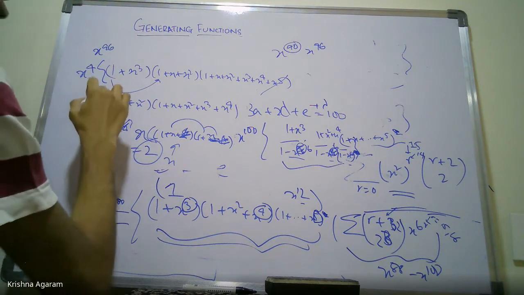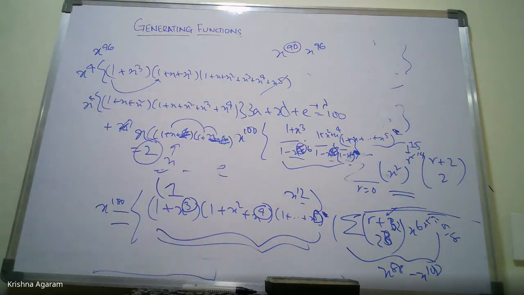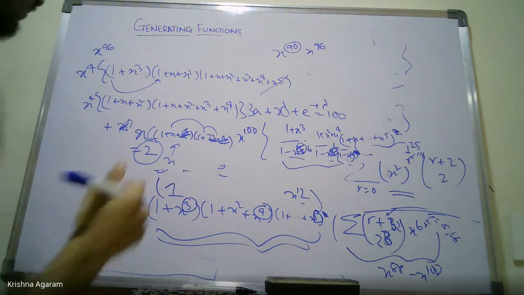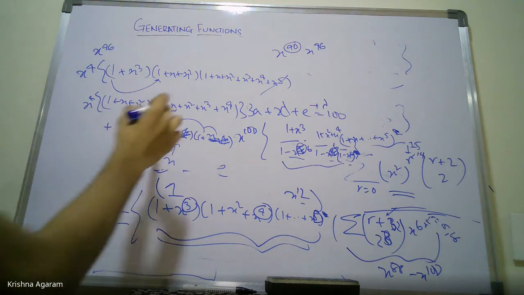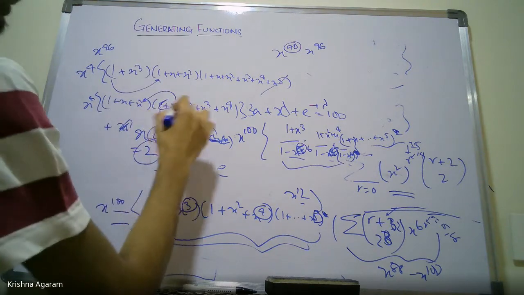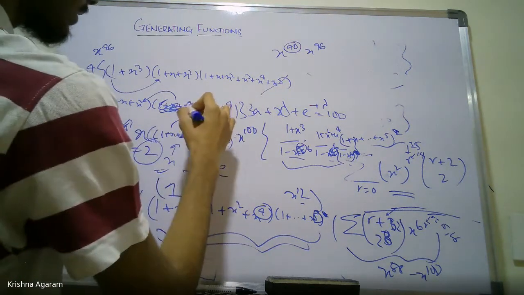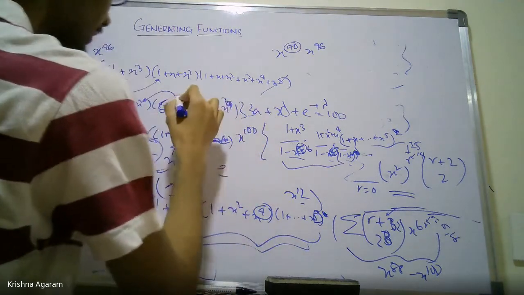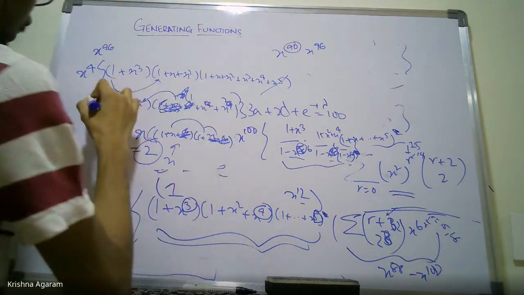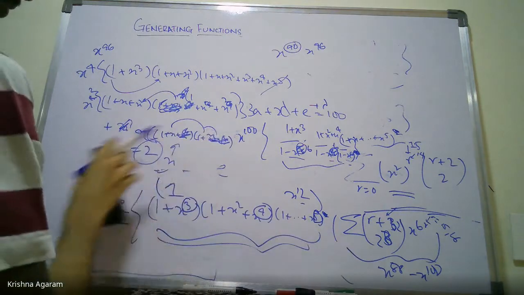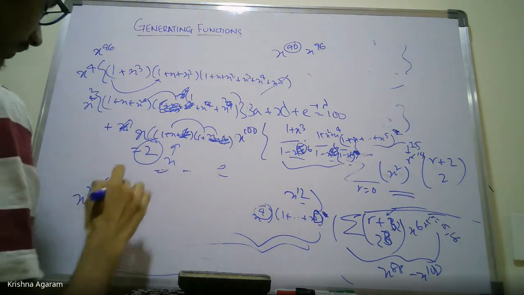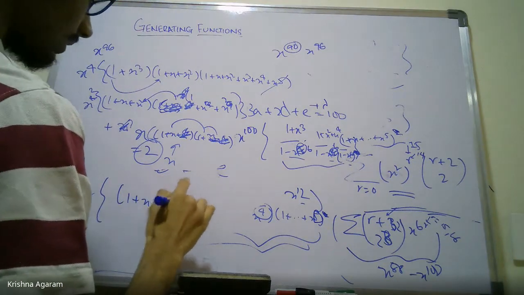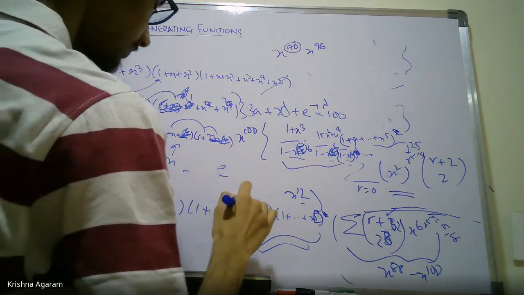Okay, now you just have to find x power 4 of this expression. Again, here, these two terms will not give it for sure, because at maximum they'll be multiplied to give the cube. So you can remove these. Now you have an x squared common. So 1 plus x squared into x squared. So move this out. This will become an x squared. So you need x squared of 1 plus x squared, 1 plus x squared again.